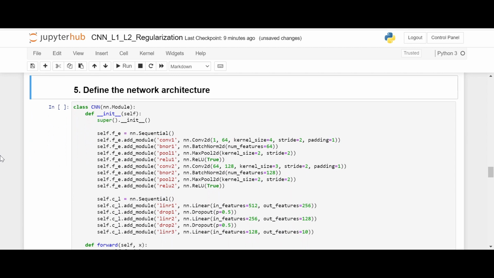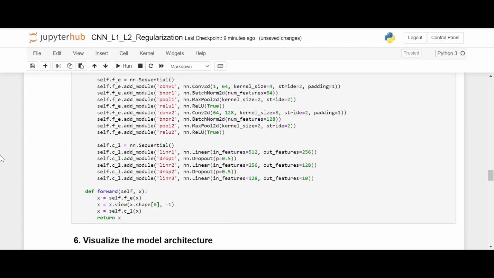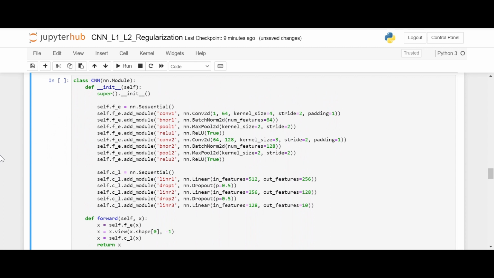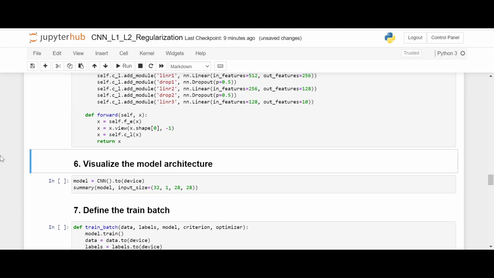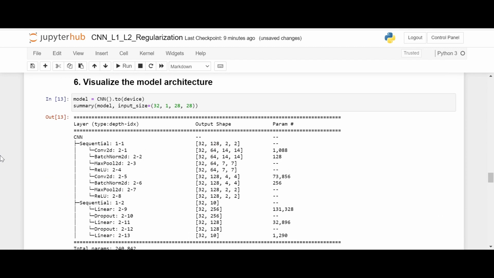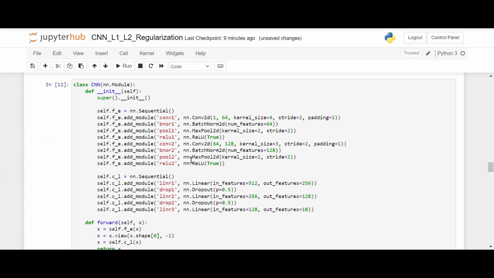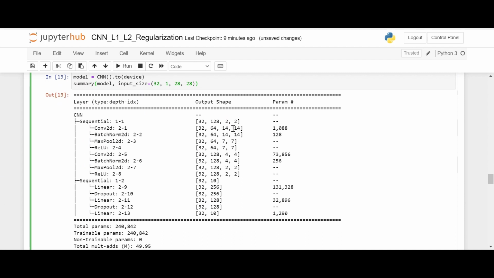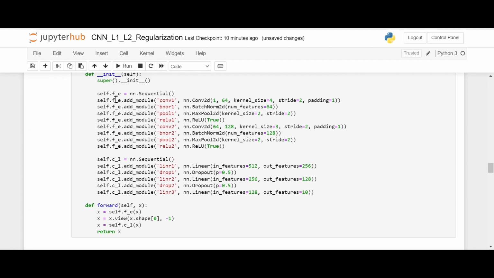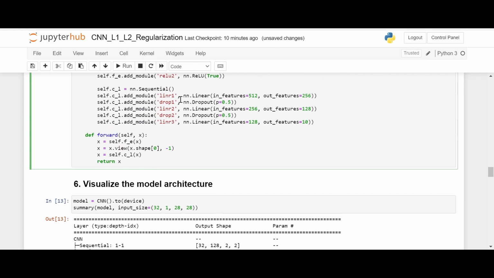This is how we can define a CNN. Let's run this cell, and now let's visualize the model architecture. This is how the input is changed through all these layers. It reduces to 14 by 14, then 7 by 7, then 4 by 4. These are the numbers of channels. This part is the feature extraction. After that we flatten